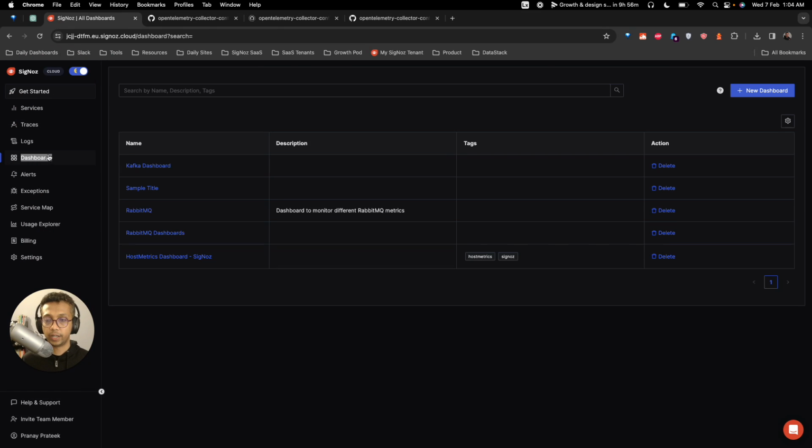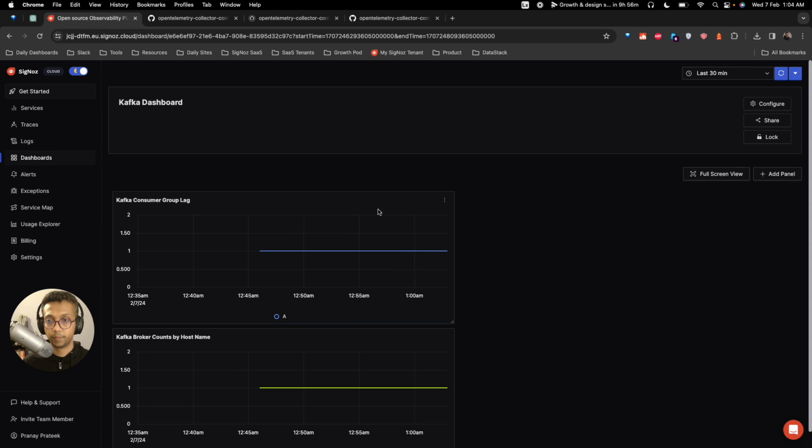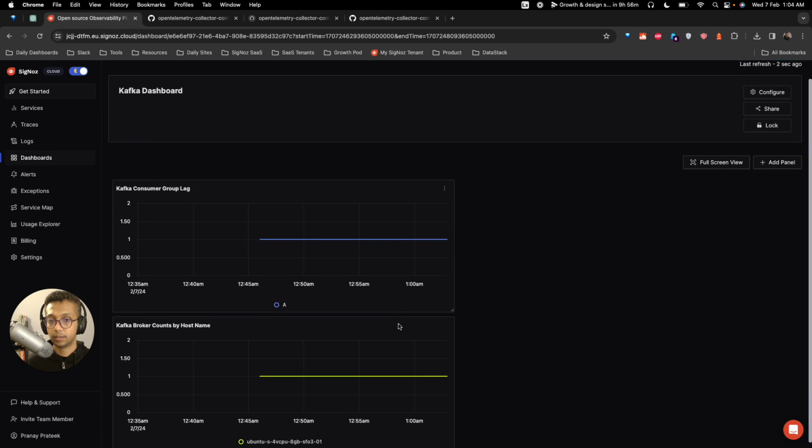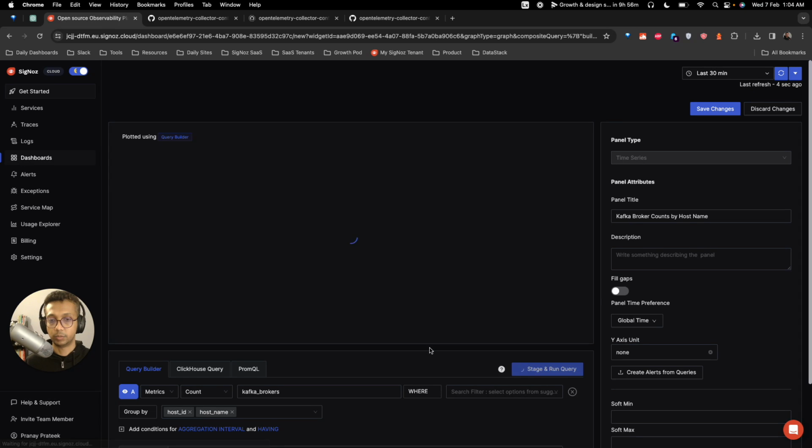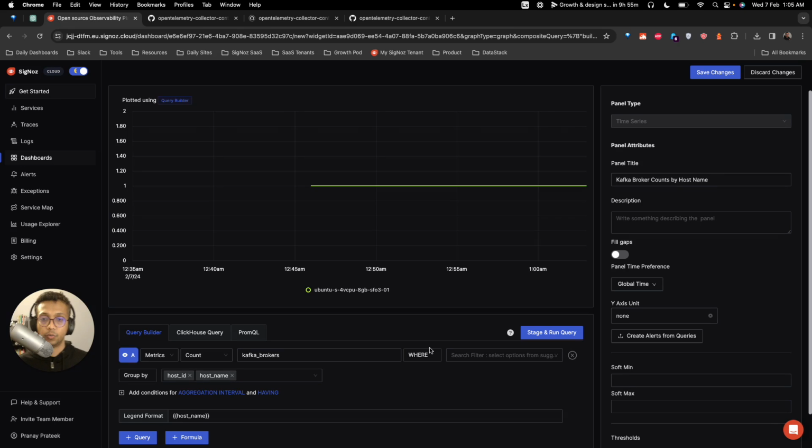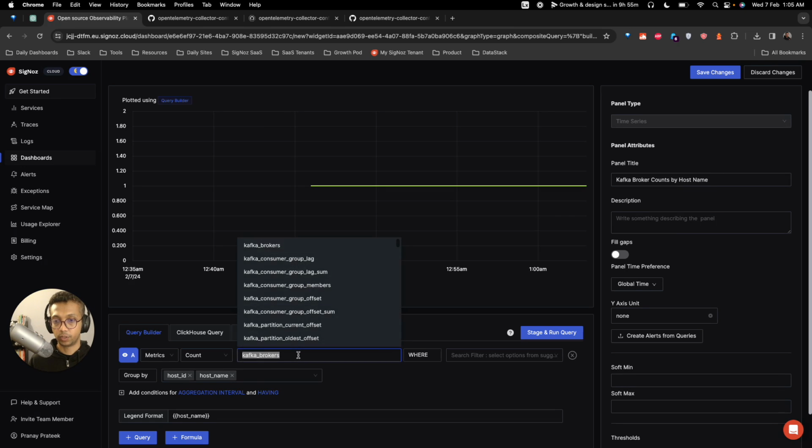So if you go to dashboards, I have created a Kafka dashboard here, and for example, one of the dashboards I was trying to create was this. So, create count of host names by Kafka broker. So there are a bunch of